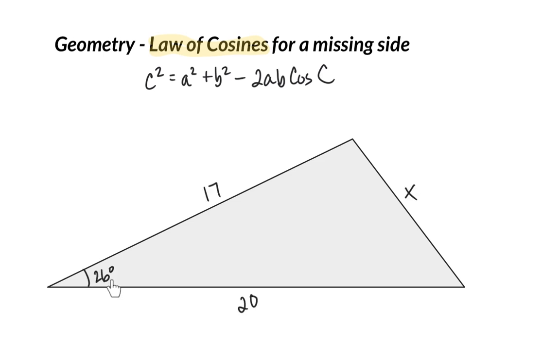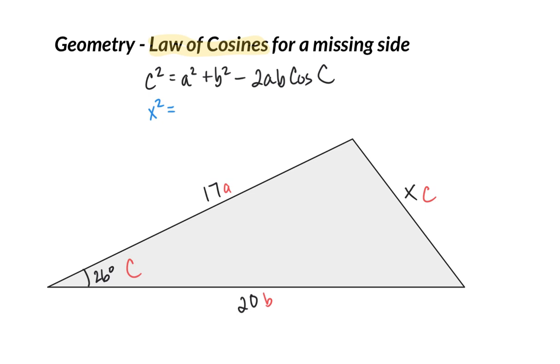Okay, so you can see I have an angle, but I do not know the side across from it. If I did, I'd use law of sines. So instead, if you want to think back to our triangle congruence proofs, I have a side, angle, side situation. So this has to be my C, my angle that I know, and this is my little c, the side I don't know, and these other two sides are my A and B. So using the formula, I would say, okay, x squared, the side I don't know, is equal to, now it doesn't really matter which one is A and which one is B,